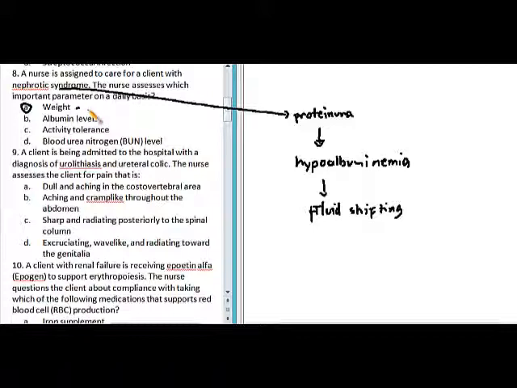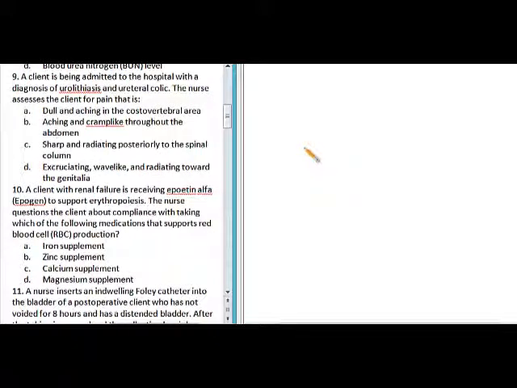Next, number 9. Client is admitted to the hospital with a diagnosis of urolithiasis and ureteral colic. Colic means pain. Pain arises from the ureter, which means the stone is in the ureter. Nurse assesses the client for pain that is, answer D, excruciating, wave-like, radiating to the genitalia. This indicates that the stone is in the ureter. Next,